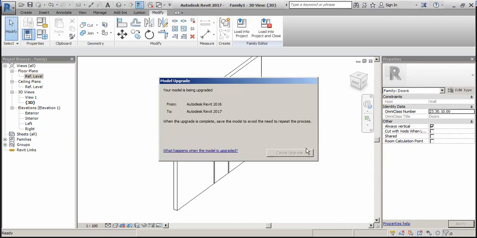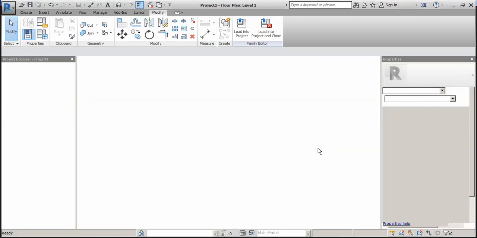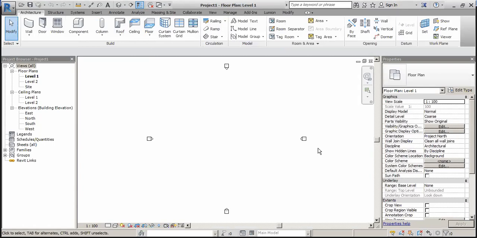Okay, open. My computer is a little bit slow. Yeah.